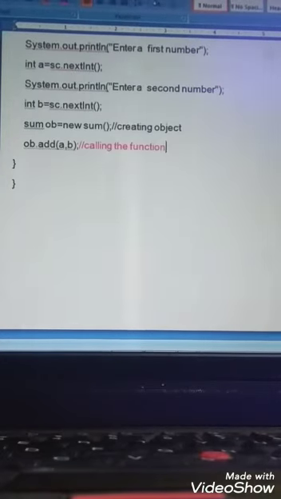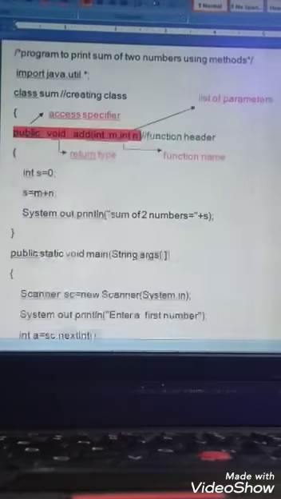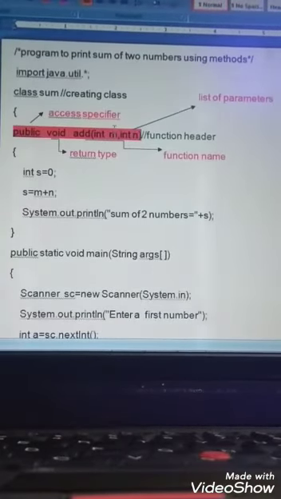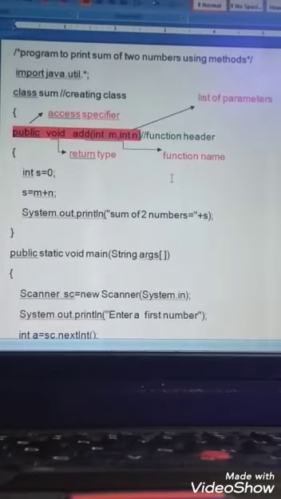The values will pass from here to the function header, that is the function definition, and in the function definition m stores the value 5 and n stores the value 10. It will find the sum and display the sum of two numbers. By the help of this we can pass as many variables to find the sum as we want. Let's see the working of this in BlueJ.